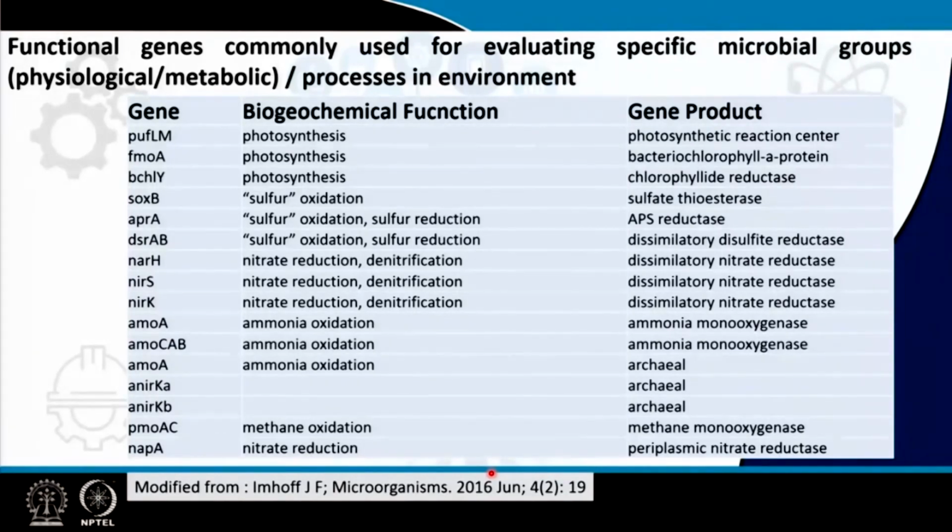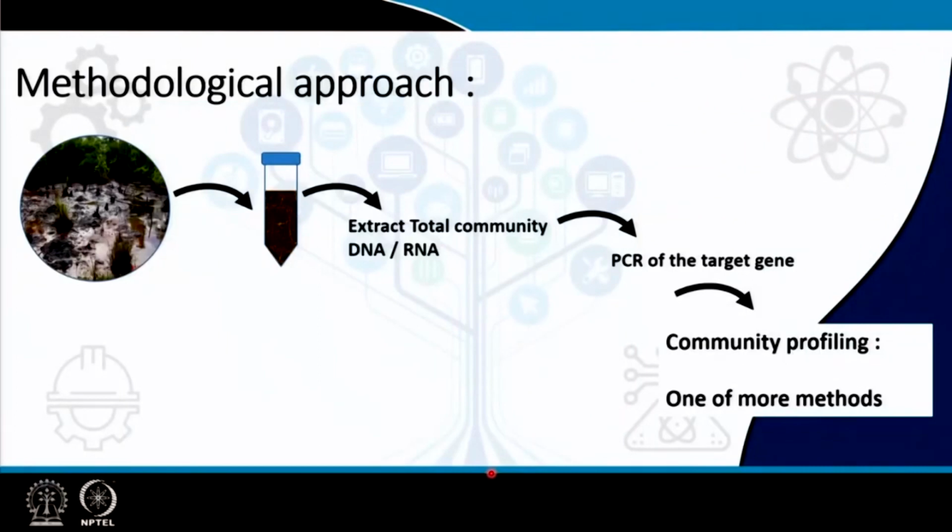So, these are the genes for photosynthesis, sulfur oxidation and reduction, nitrate reduction, ammonia oxidation, methane oxidation, etc. Now, in a broad methodological approach, we have the sample. On the left side you can see a petroleum contaminated environmental sample. From there we take a subset of the sample during the sample collection, and we can actually have multiple